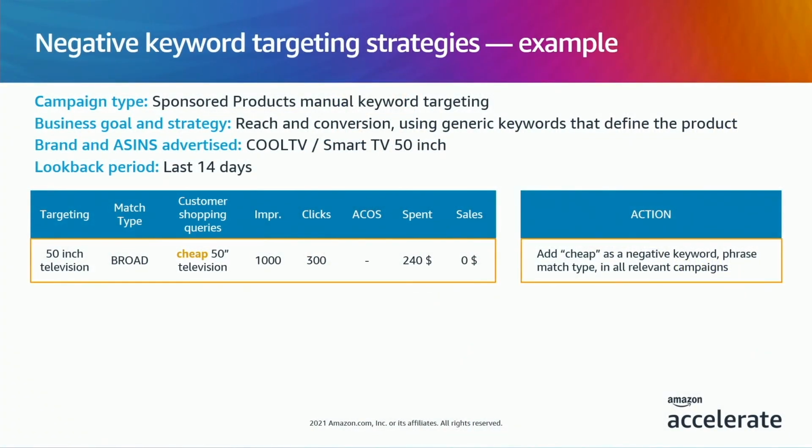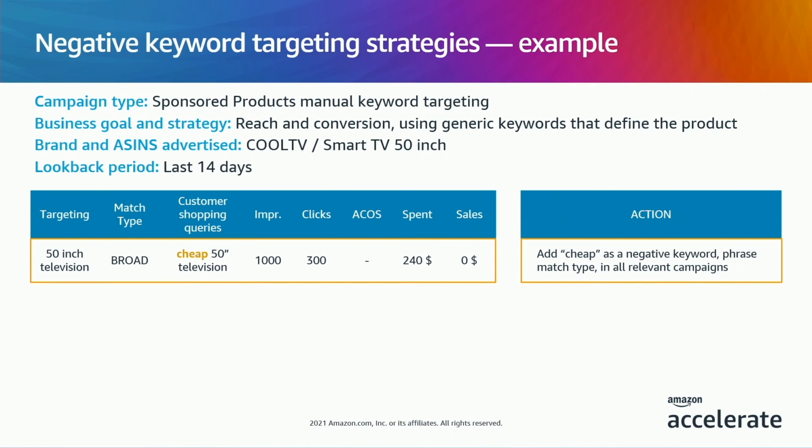So, to summarize, let's identify some scenarios that can show you how negative keyword targeting can help your campaigns. Scenario 1. Identify low-performing keywords in the search term report and add them as negative keywords. In our scenario, the targeted keywords were being broadly matched to cheap 50-inch television, which did not generate sales. The keyword cheap is not resulting in good performance, and it should be added as a negative keyword in all